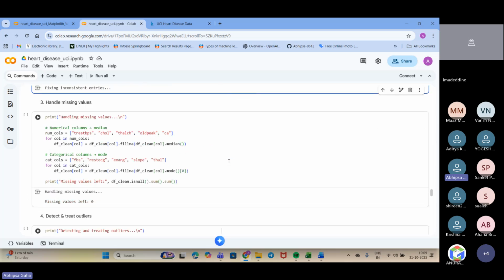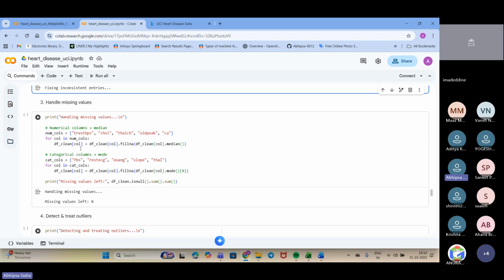Next, we have to handle the missing values. For that, first I have printed a heading, handling missing values. Now I have segregated the numerical columns. These are all numerical columns where I have missing values, so I will replace them with the median value. I have given it a new name, df_clean. In the DataFrame, we fill the missing values with the median value of the column.